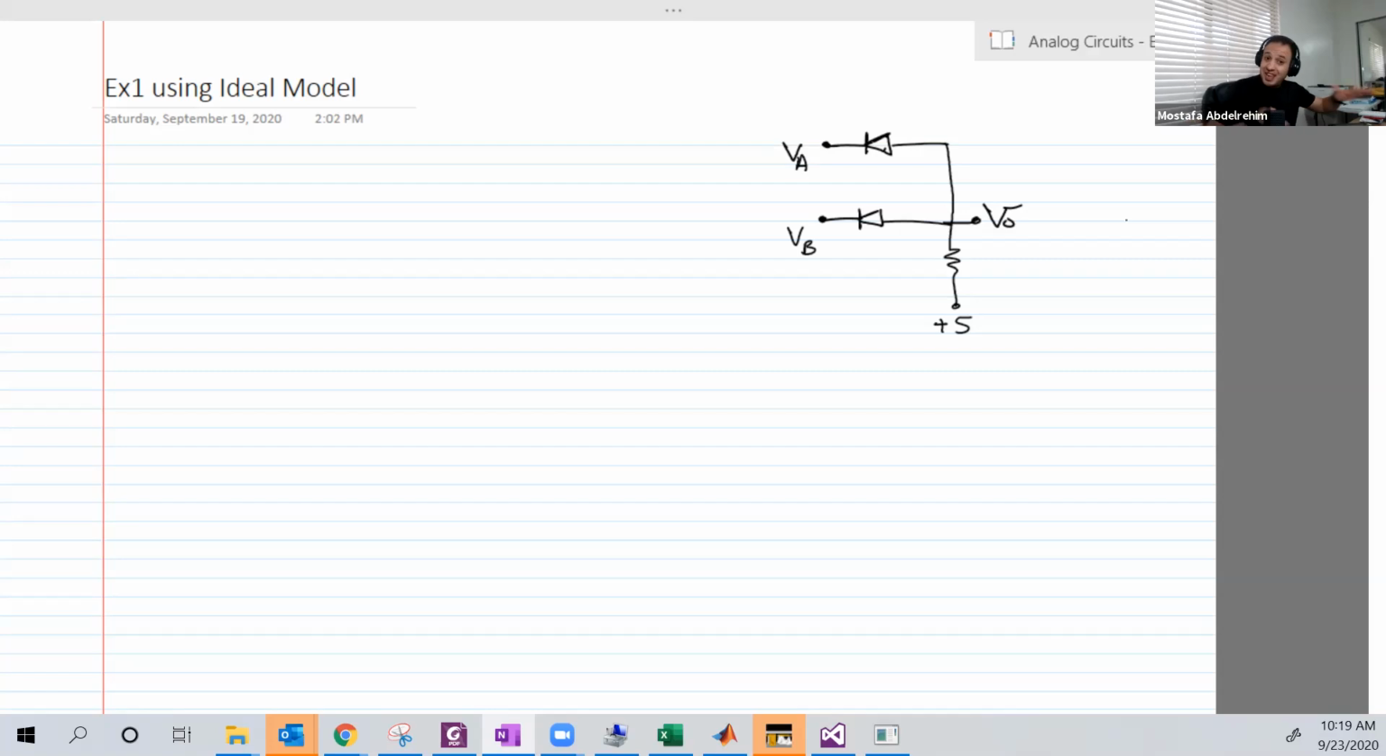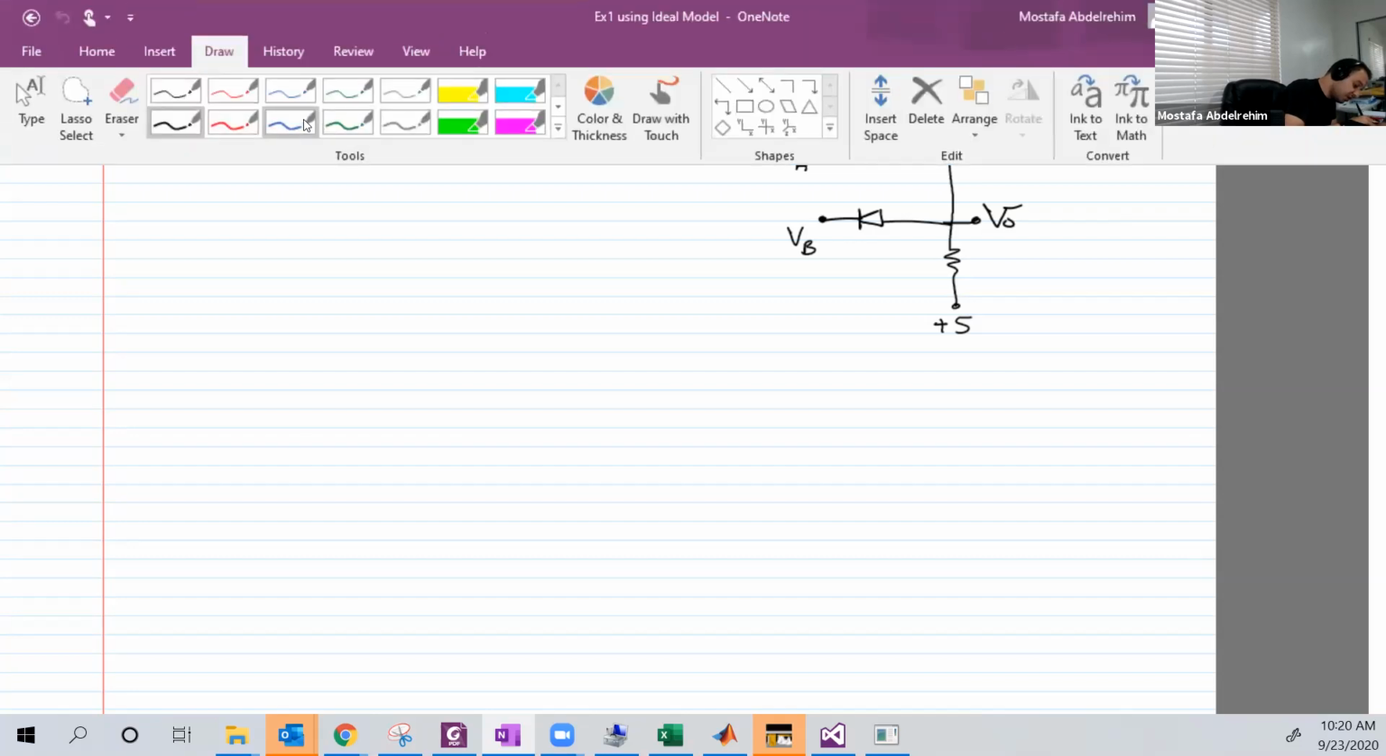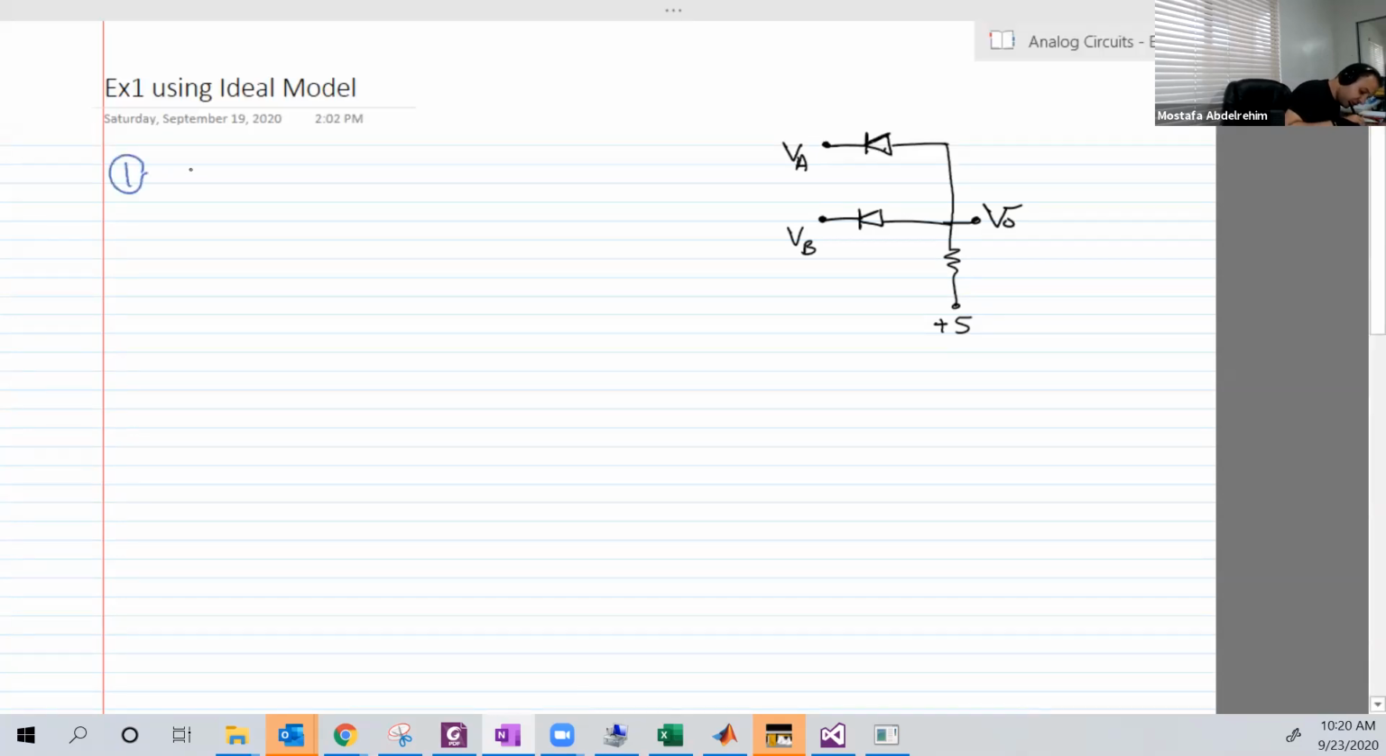I will now do the same circuit again, okay, but using the ideal model. It will be the same, there is not much difference, but of course we now need the other model to do that, which is the ideal model. Okay, so let's solve the circuit again using the ideal model. So we have the first case when VA and VB both equal 0. Okay, so if we put 0, 0 here,